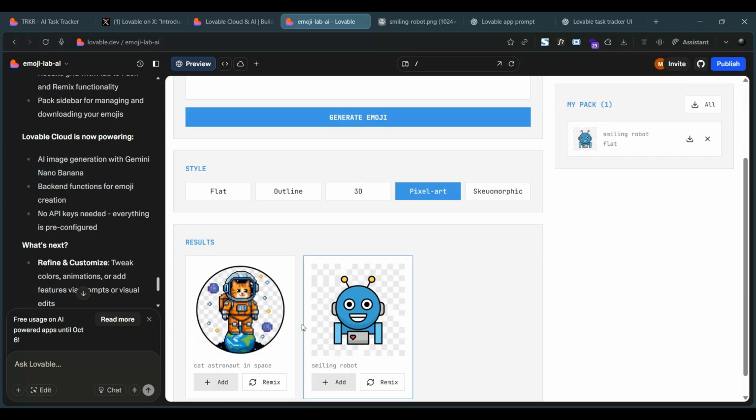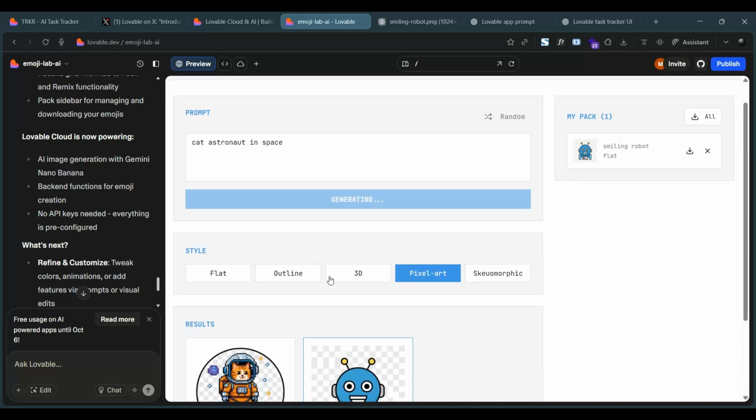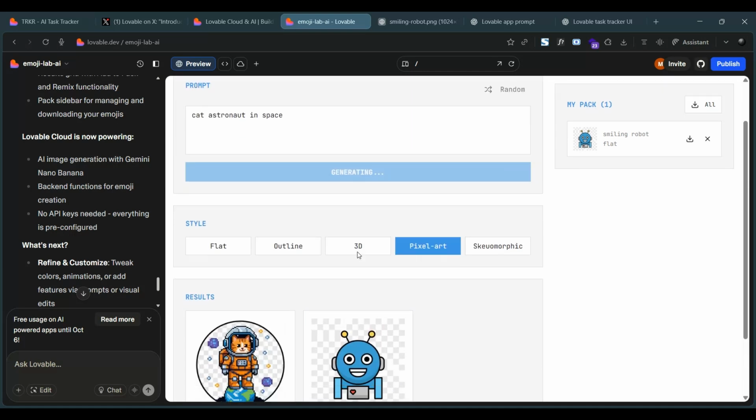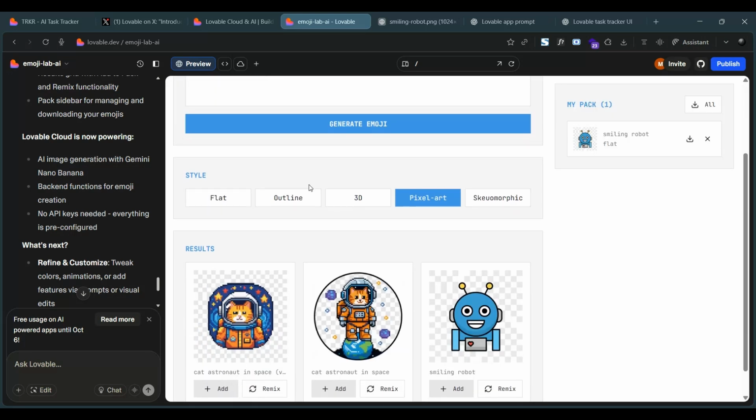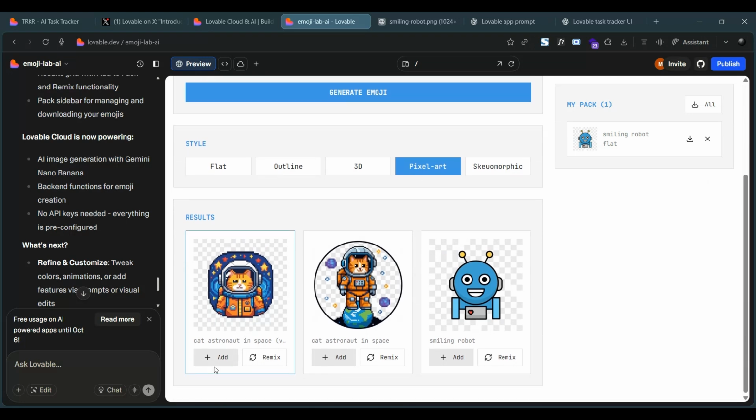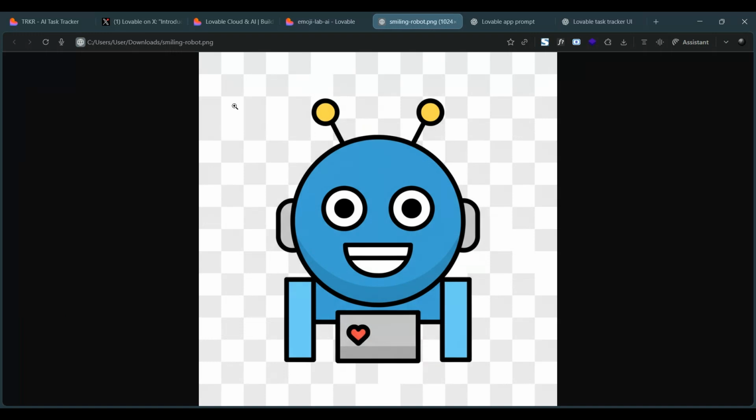Okay, this one's taking a little bit longer, but we have this, which is really nice. Actually, I like this one. And let's see what happens if we click on remix. Click on remix, what does it do? Okay, it regenerates. That's nice. And we have this. Okay, I like this one better. This one could be used in a lot of things. It's nice. So what I can do is take a screenshot of this